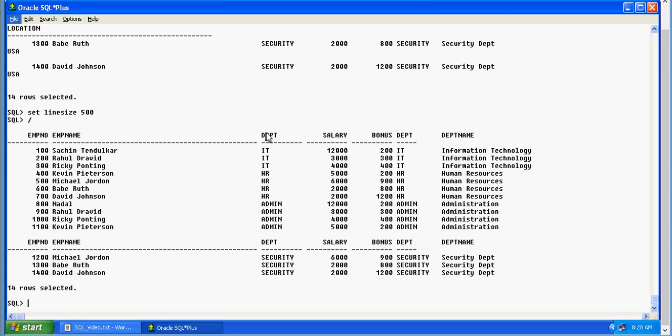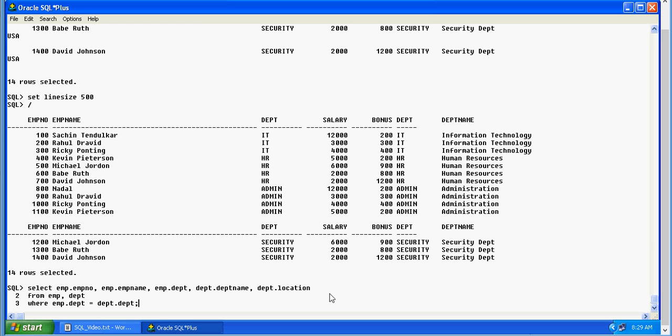Select emp number, that means employee table, employee number column, employee table, employee name column, employee table, department column, department table, department name and department table location from these two tables where department from employee equals department from department. And you can see that the columns are listed next to each other.